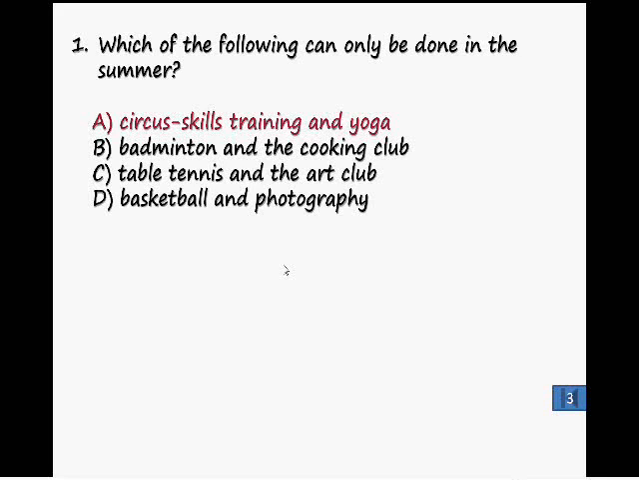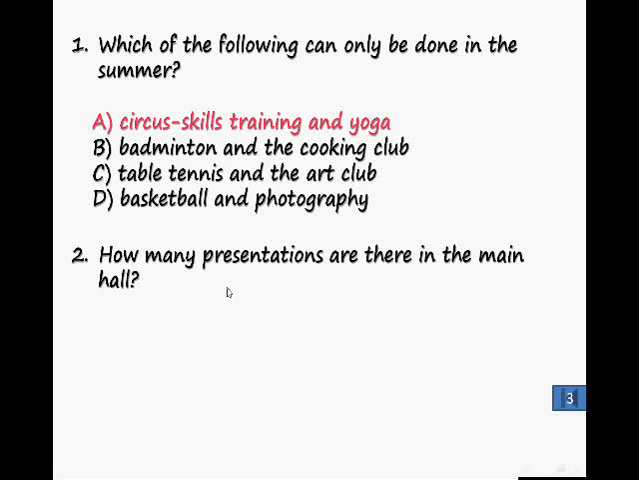So the correct answer definitely is A, circus skills training and yoga. Number 2, how many presentations are there in the main hall? Again, there are about 2 keywords here in the question, presentations and main hall. Okay? So again, we go back to the text,